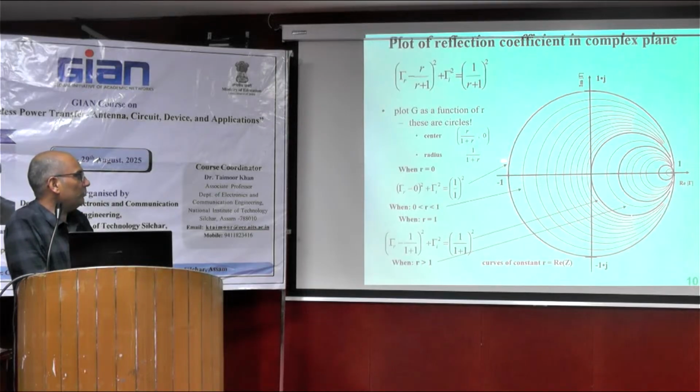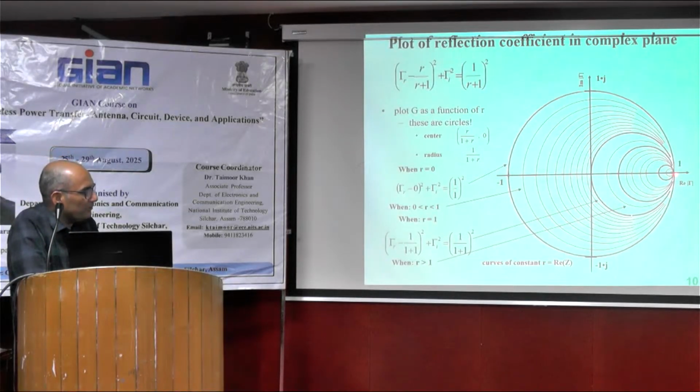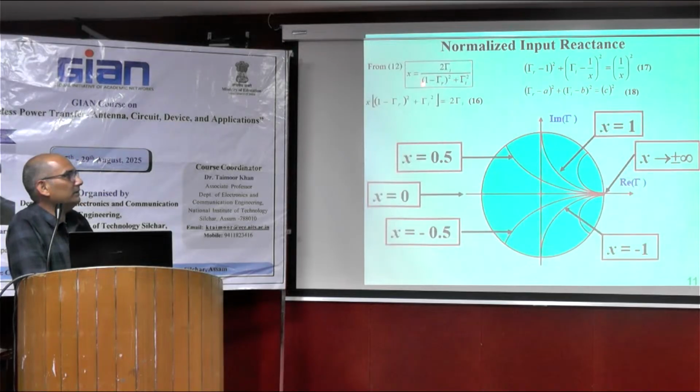Then two things: R equal to 0 is this outermost circle. R varying between 0 to 1, all circles are in this region. Then R greater than 1, all circles will exist inside this region. As the value increases, it goes toward the infinite radius point, and this point becomes R equal to infinite. Coming to the other equation 12, that was X equal to something, the imaginary part of that